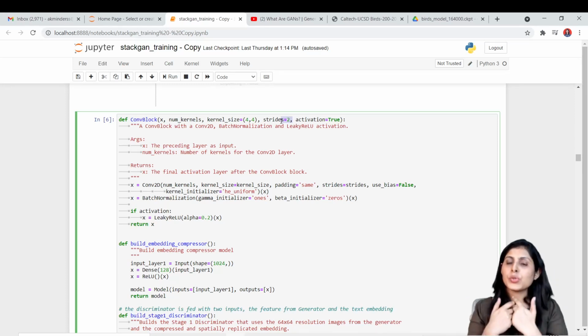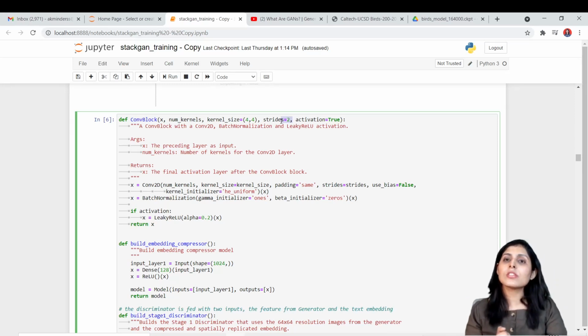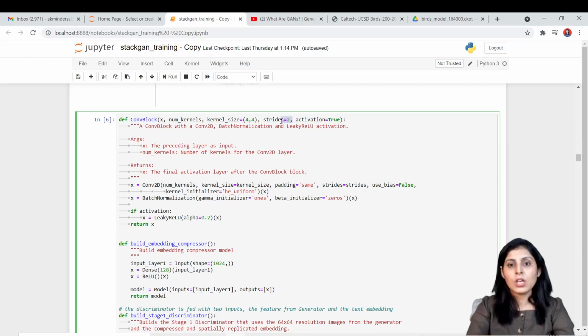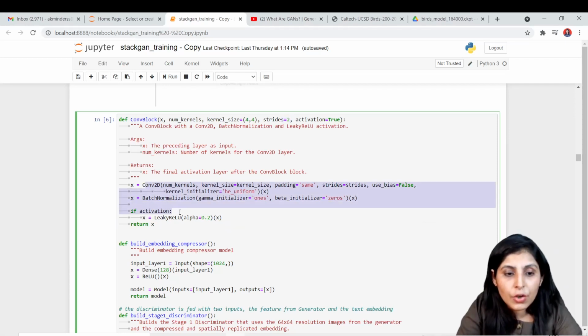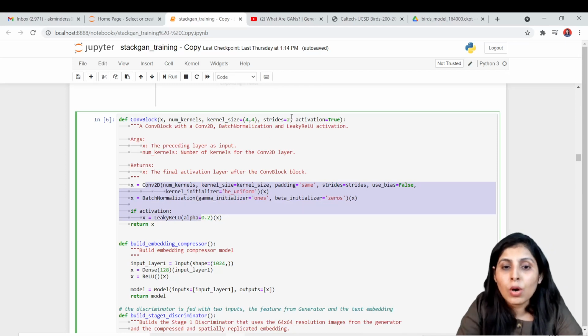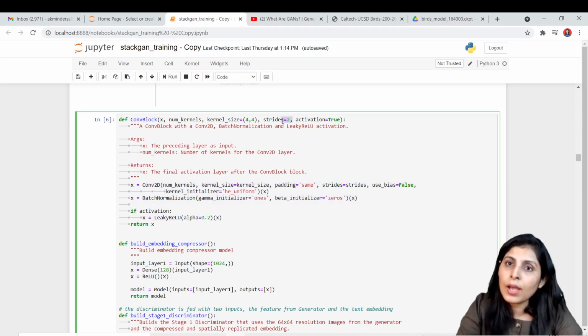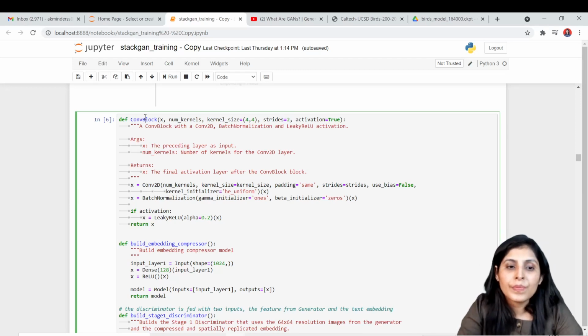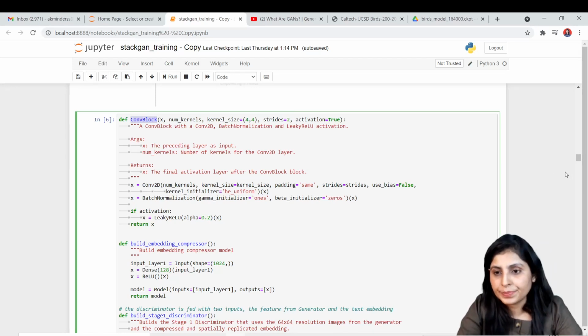Using pooling layer also you can decrease the size of your image, and using stride 2 also you can decrease the size of your image. So we are not using pooling layer anywhere. What we are using is stride 2, and using this stride 2 you can reduce the size of your image, you can downsample your image. Okay, so this function is basically for that.